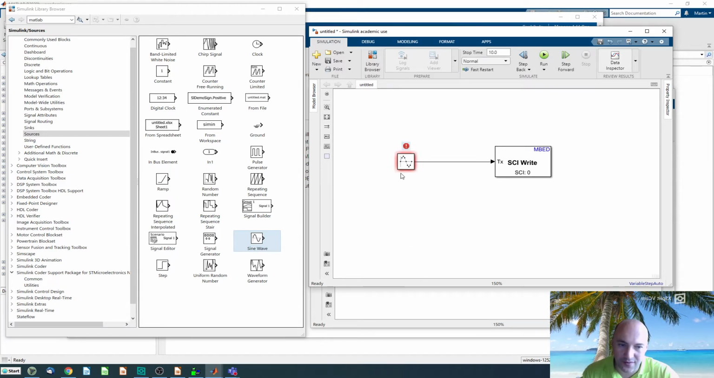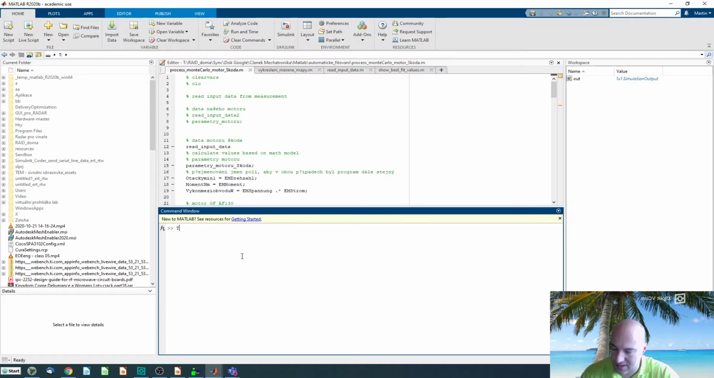So here we have the TS not defined, so I need to go to MATLAB and define my variables. So let's say 0.01,